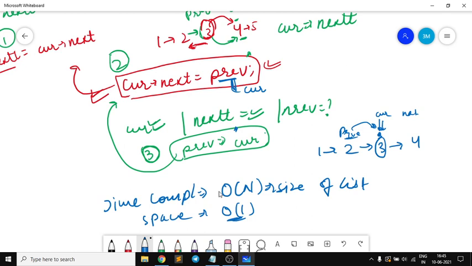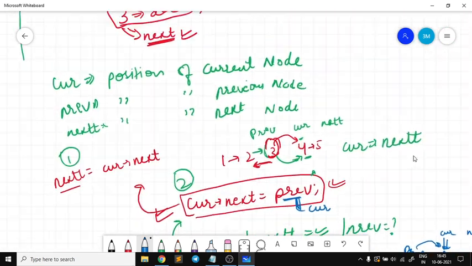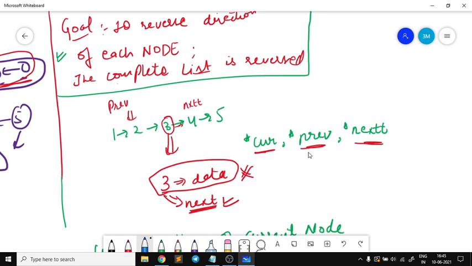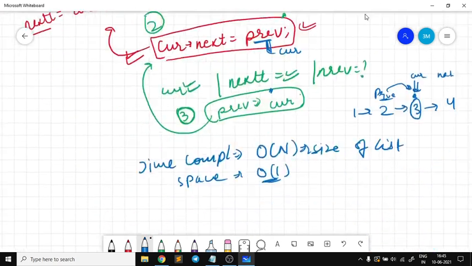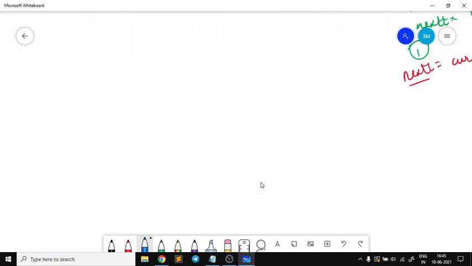Now in the end, what we have to return, because once my list is completely reversed, then you can see here, where was my list, yeah, so if this list is completely reversed, the reversed list will look something like this, right? Now I have to return this one, right? My head is changed. So let us now look at how it will look like if I do some iterations, right? So I will only take 4 nodes.